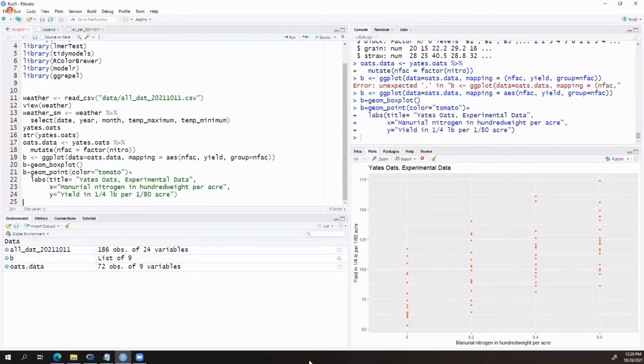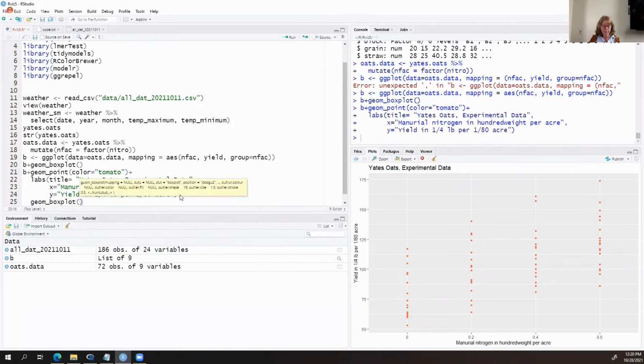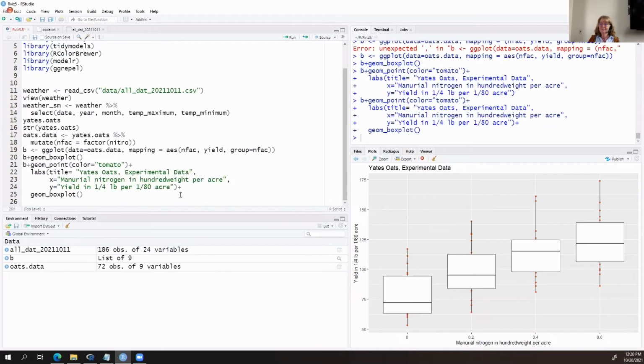And if we did that right, except we left off the box plot. So, okay, there's our data points, and we're just going to go back and add geom box plot and look at how it looks with both plot types together. Okay, because I added the box plot after the points, it put the points behind it.